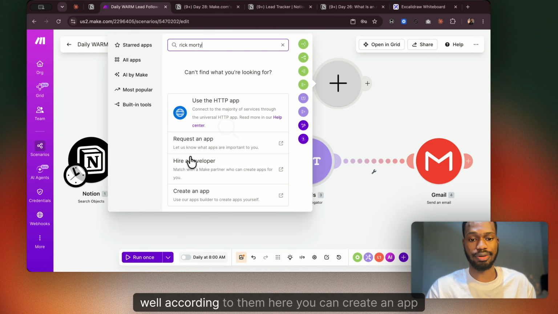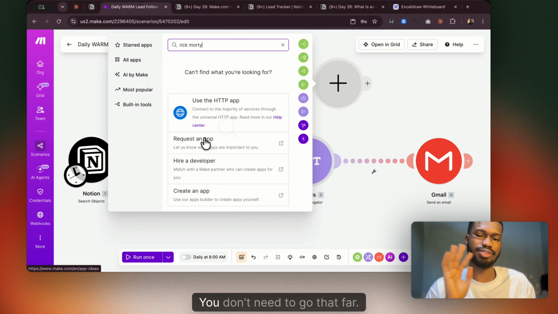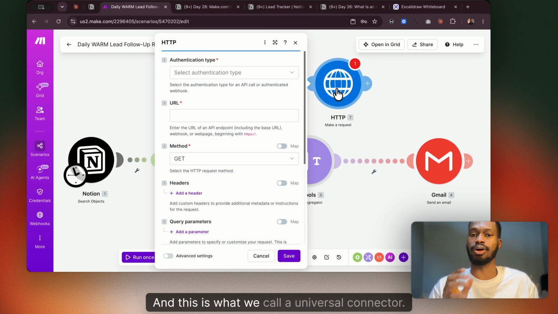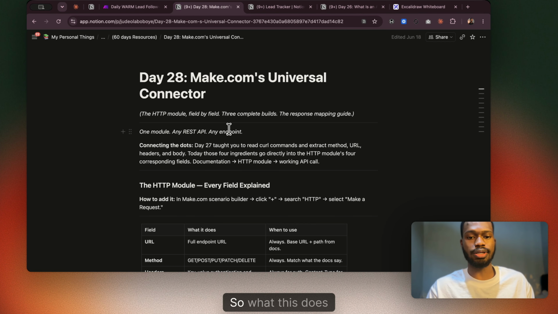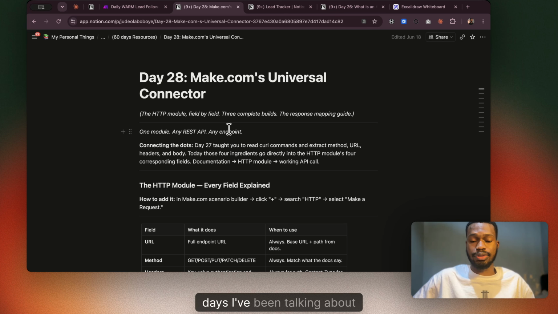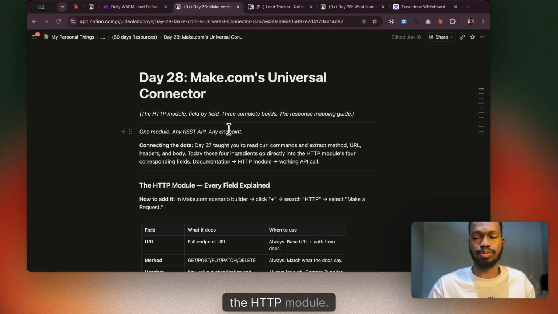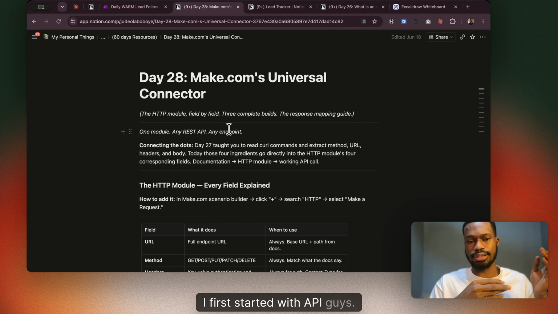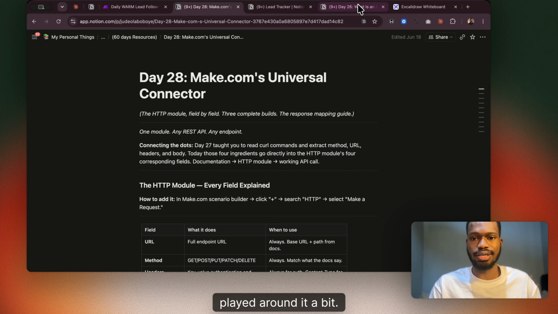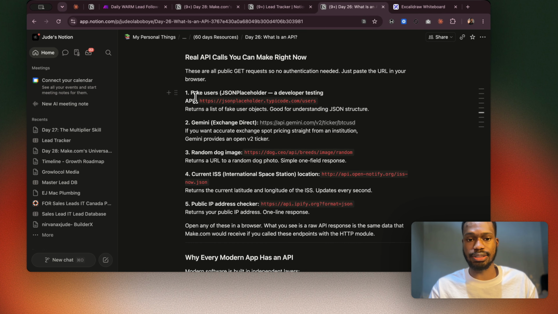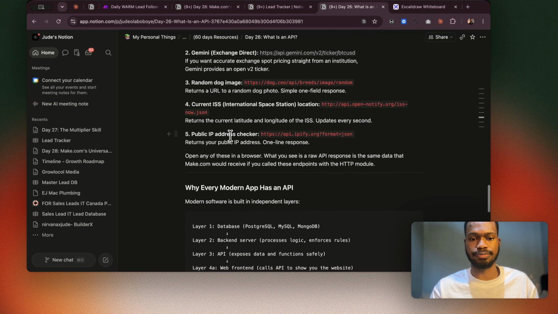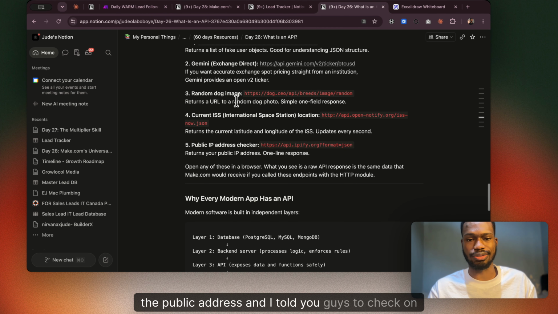And according to them here, you can create an app and do all this, but you don't need to go that far. You could just use this, and this is what we call our universal connector. Over the last couple of days, I've been talking about the HTTP module. I first started with APIs, then I introduced you to the HTTP module, and we played around with it a bit. I remember we even played with the fake users, the one for random dog images, and the public address. And I told you guys to check on this